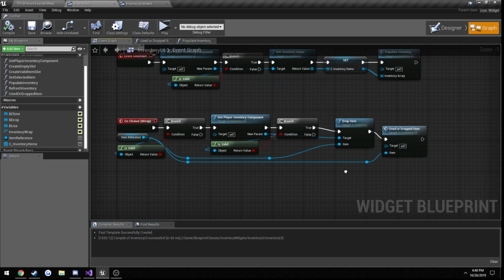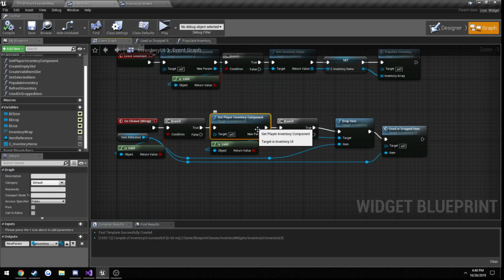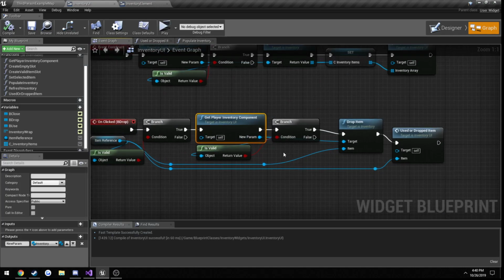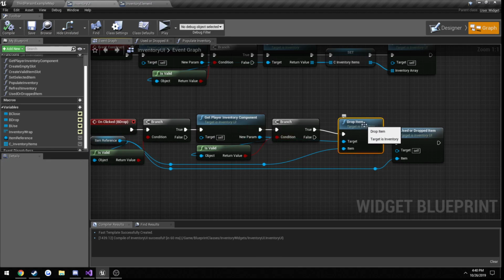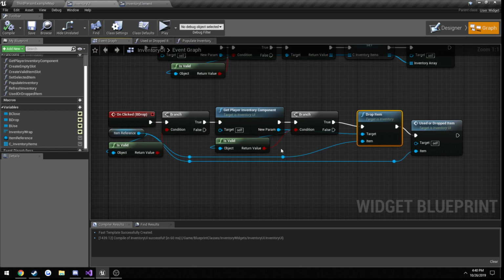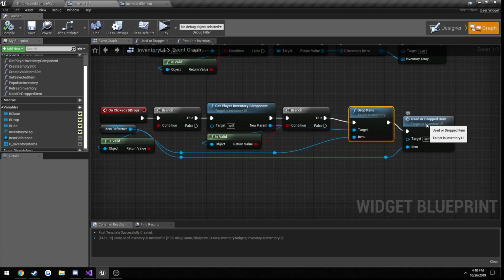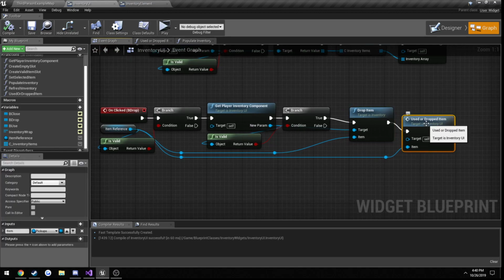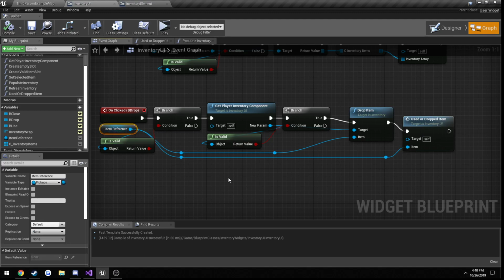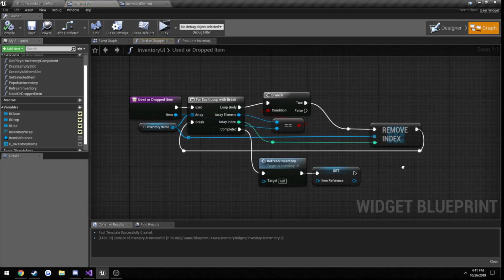Alright. So we, again, get our player inventory, our inventory component, just so we can have access to our drop item function. And from there, we're going to call our used or dropped item function. And we pass in the item reference, pretty much the button that we clicked on. Whenever we click on a button in our inventory that has a valid item, this gets set. So in our used or dropped item function,